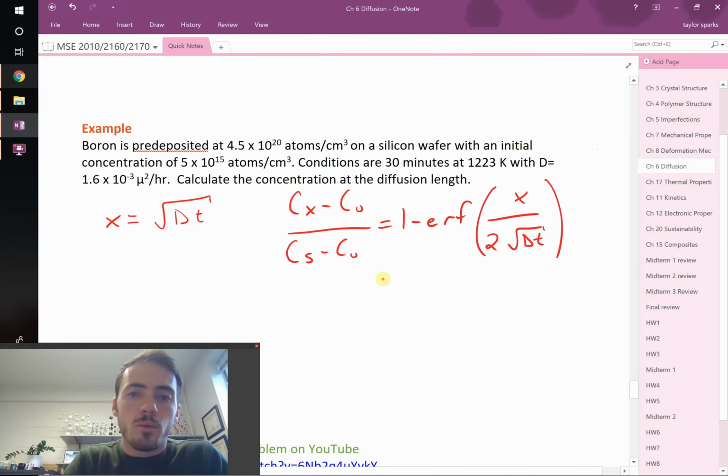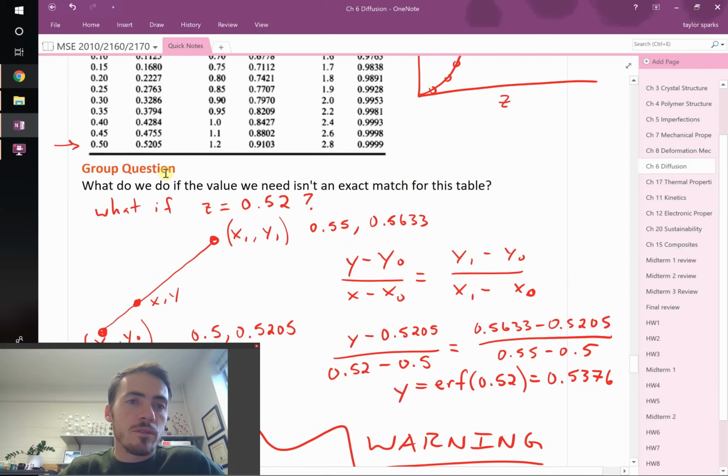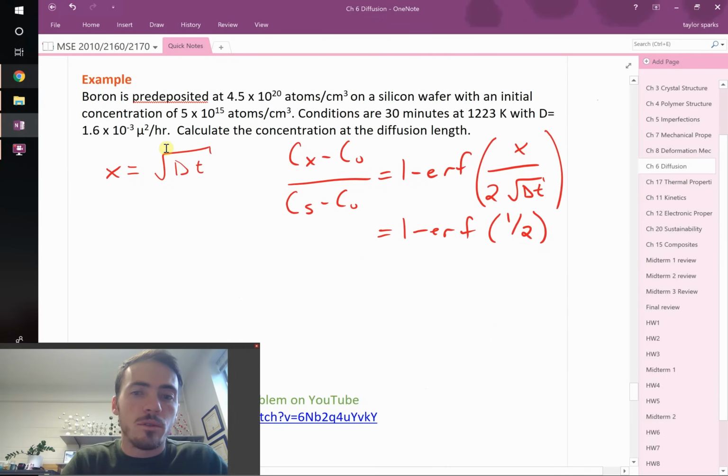This right-hand side of the equation becomes 1 minus the error function of just 1/2, right? That's easy. In fact, because it's 1/2, that's 0.5, that was a value in our table. We know what the error function is. That's 0.5205. So this made it easy. We didn't have to do the interpolation that I showed you just barely. This is just going to be equal to 1 minus